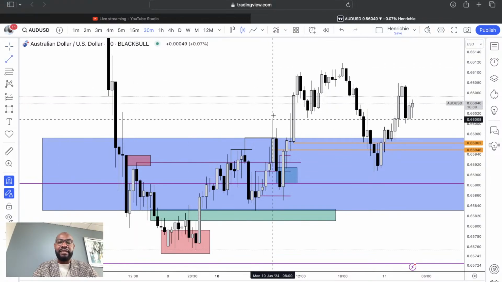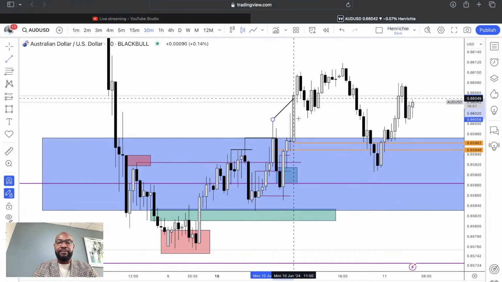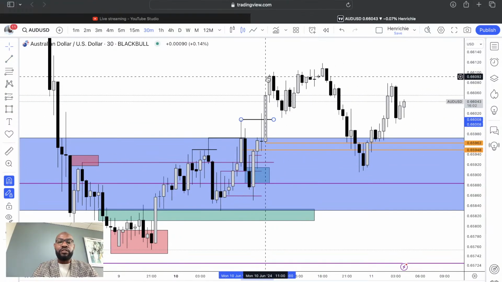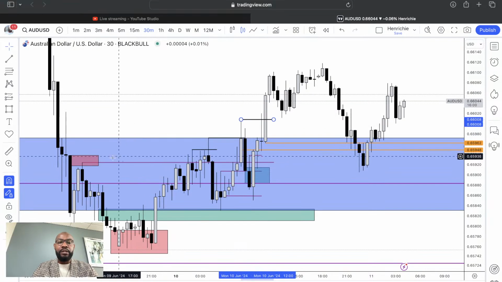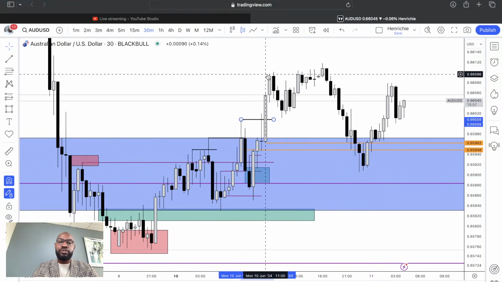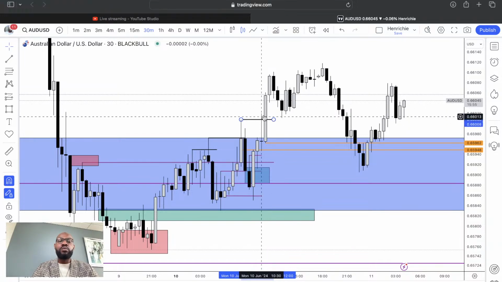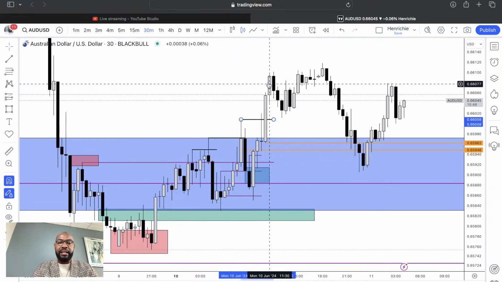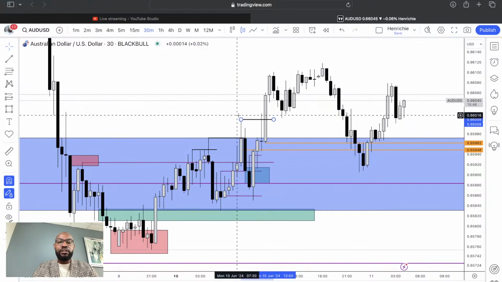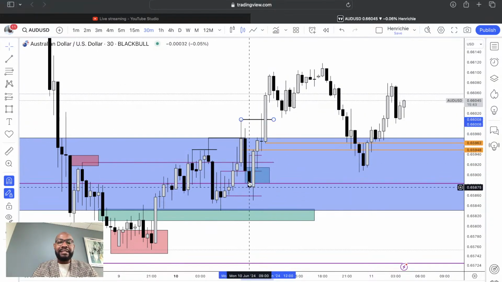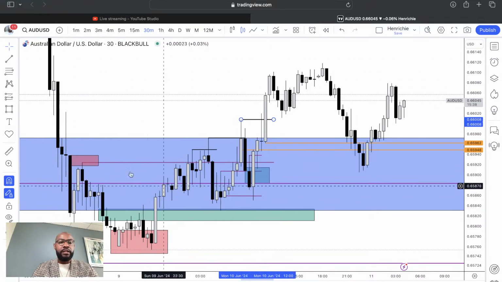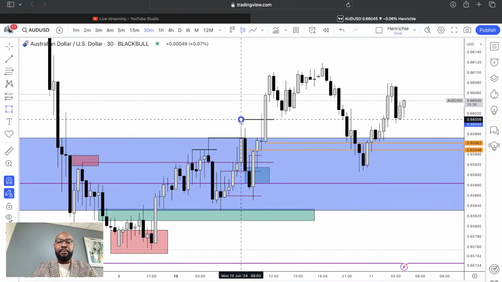This was when I now said, yes, this is a break of structure on 30 minutes time frame. Because as you can see very clearly, this expansion broke above this key level, and it closed above it. I just want to see, even if it's one pip close above those wicks, I want to see that. And right here, you can see that very clearly. The moment price broke above it and closed, this became my last down close candle before an expansion that broke structure. So right here, this becomes my point of interest.